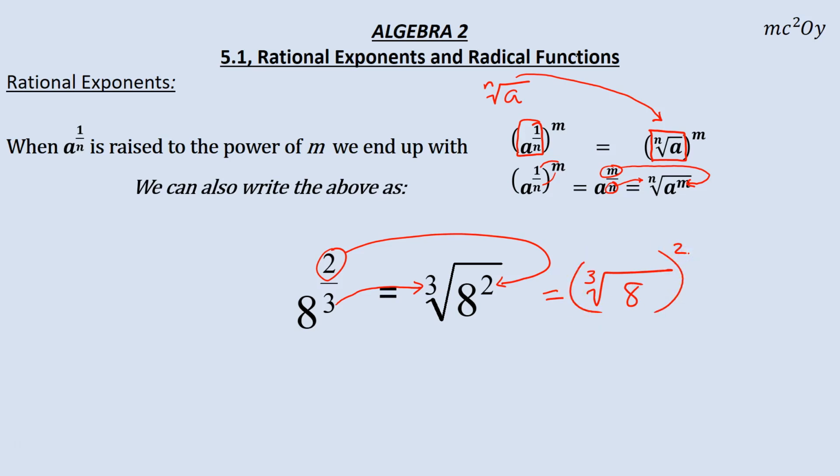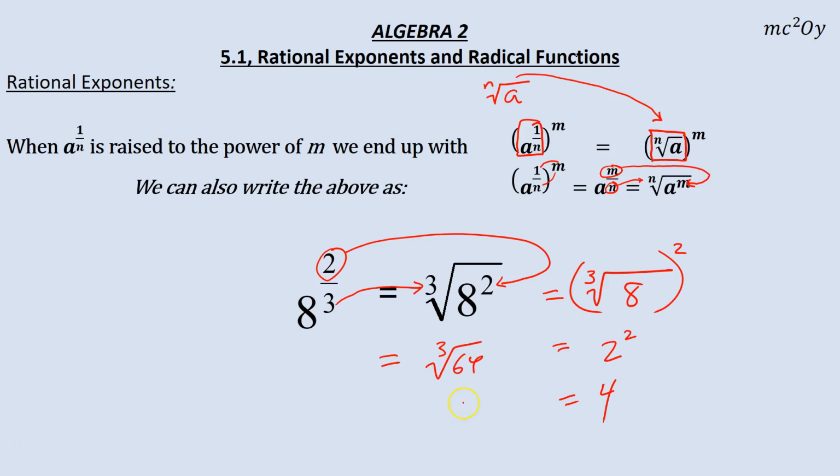In fact, it's a lot easier sometimes to think of it like this because the cubed root of 8 is pretty easy. It's 2. And then we square that 2 to get a 4. It's a little more difficult to go in the opposite order, and you can do it in either way. You can square first and then cube root, or cube root and then square. So if I square it first, I get the cubed root of